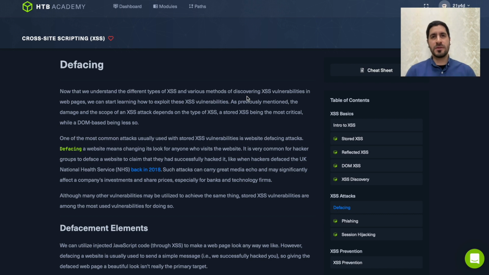Now, what is defacement or defacing? We see that many hacker groups attack websites and change the look of the website to say that you have been hacked by this and that group and so on. This is called defacing, basically changing the face of the website. And